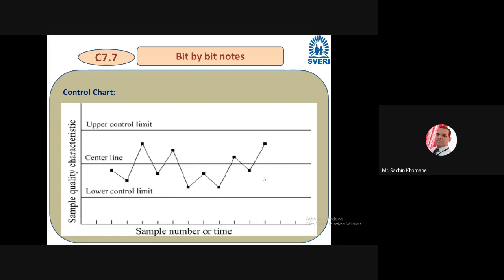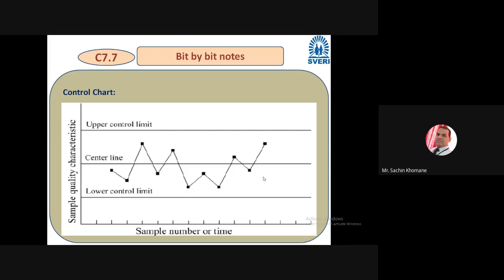Definitely the process will not be exactly horizontal. Let it be anywhere, in the mechanical industry, chemical industry, food processing industry, can you see performance that is horizontal and remains constant over the period of time? Definitely no, because variations will be there, errors will be there, right? But how much, right? It is very important. So it should be within the limit, and for that purpose you have to decide your upper limit and lower limit, and you people are the appropriate persons to decide those limits.